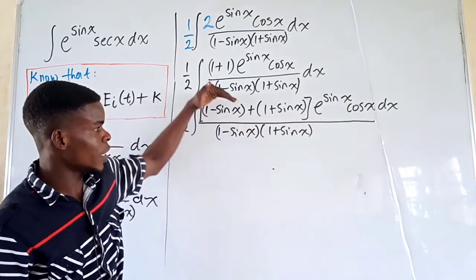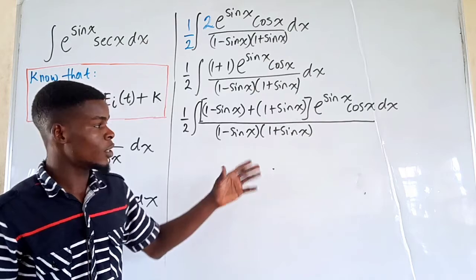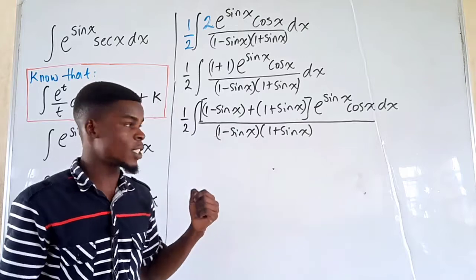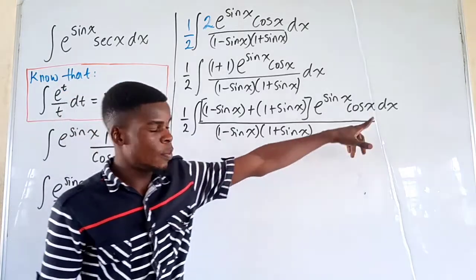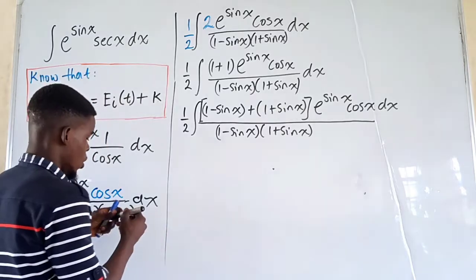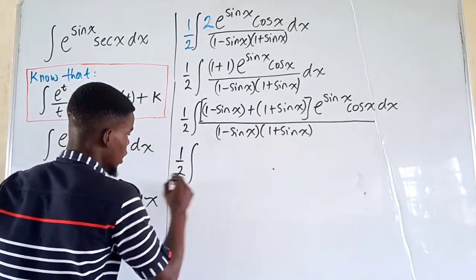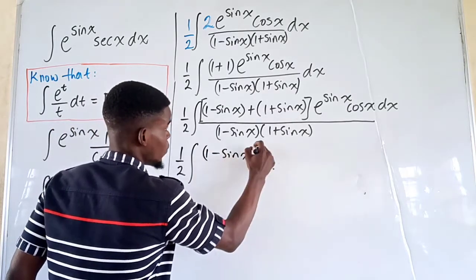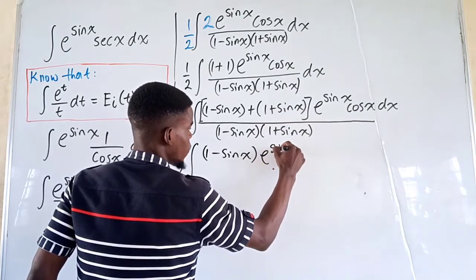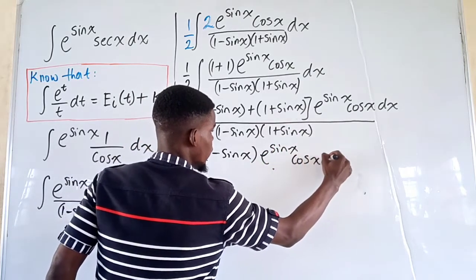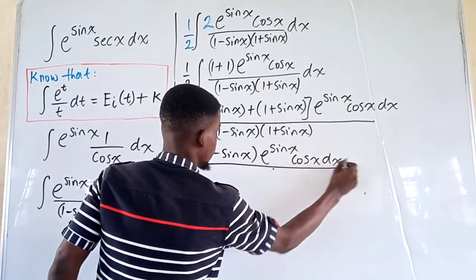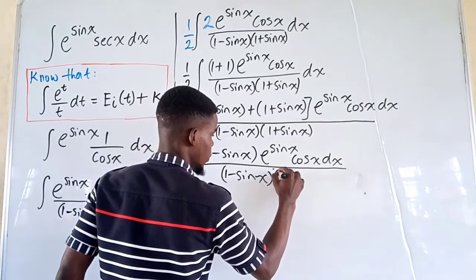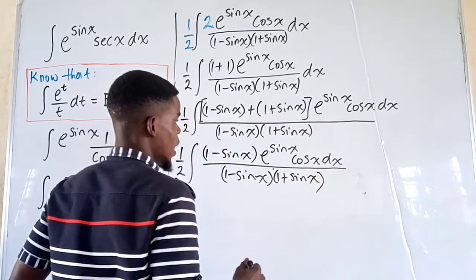That means I can split the fractions actually. You know, this is going to be this plus that, putting down the same denominator. So I will go ahead and split the fractions immediately as I put down the same denominator, remembering the dx. Okay, so this is going to be 1 over 2, then the integral of 1 minus sine of x, and then multiplied with e to the power of sine of x times the cosine of x dx, divided by the whole of that, that is 1 minus sine x, times 1 plus sine of x. We add it with,